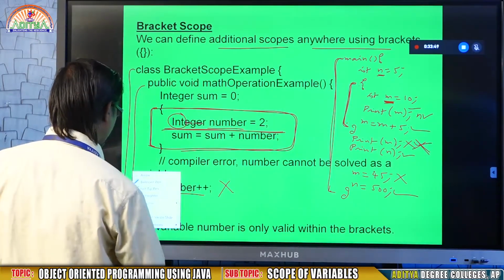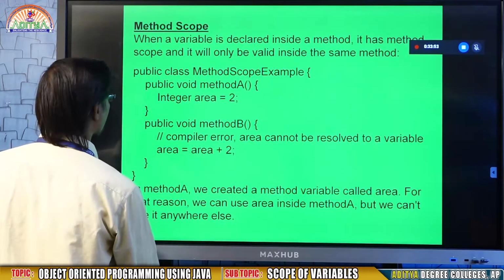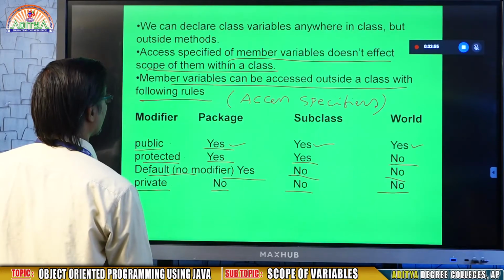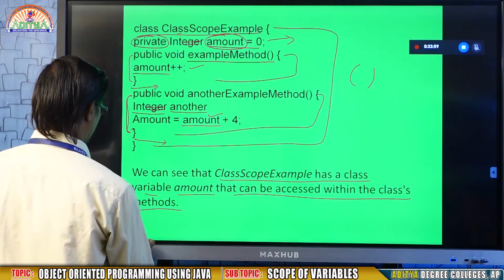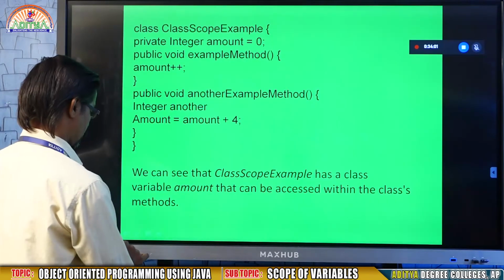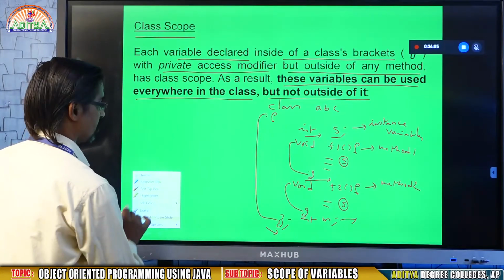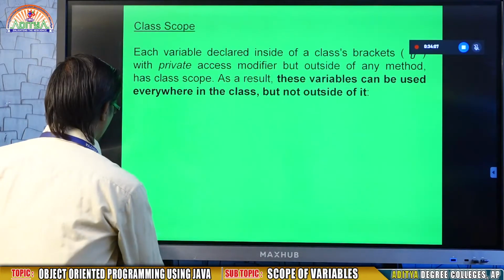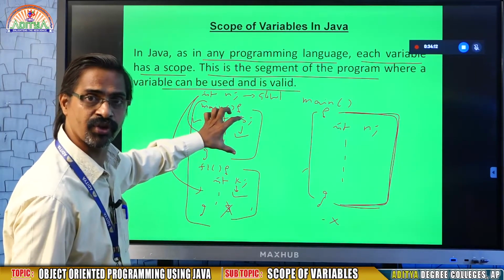So dear students, this is what is called scope. Scope represents the area where a variable is visible.